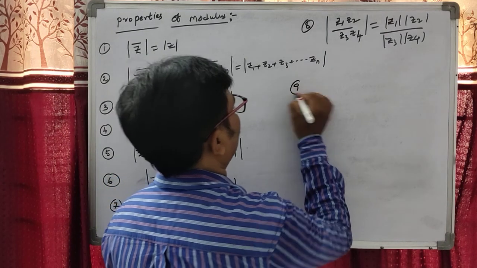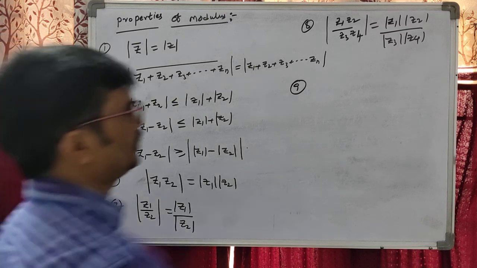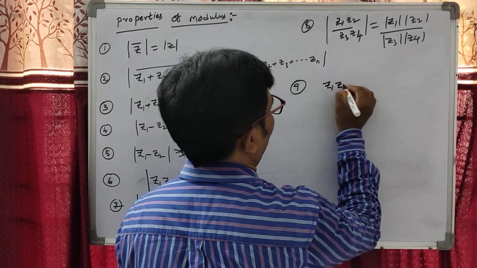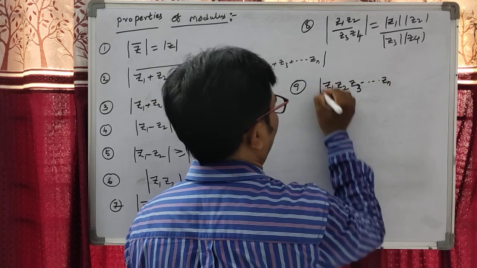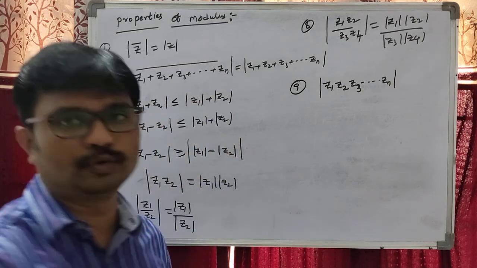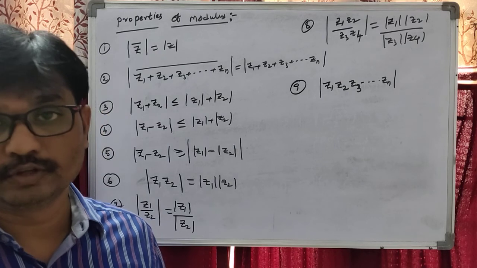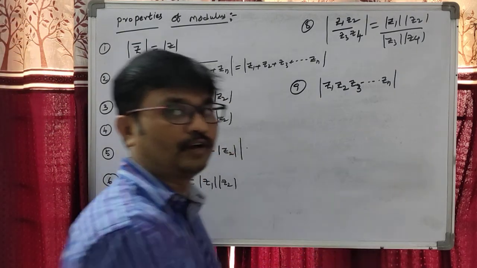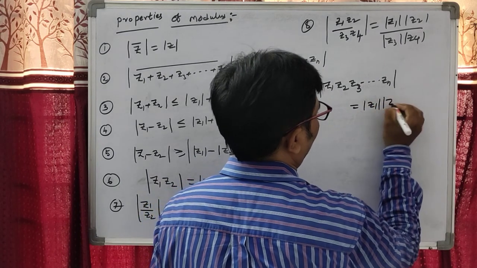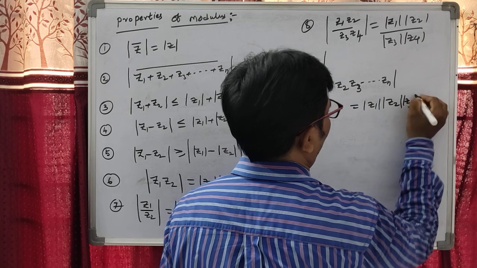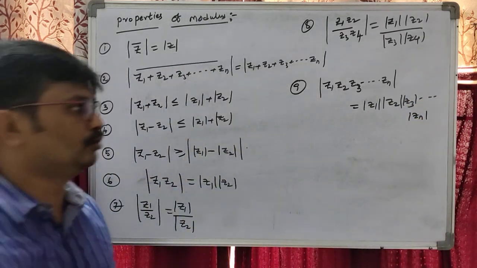My dear students, the ninth property is, what is it? The ninth property is the product also. Suppose, students, z1 z2 z3 and so many n factors are there. How to find the mod? It is very difficult to find the mod. So suppose n factors are there, how to find the product? In that case also we take |z1||z2||z3| and so on up to |zn|. This is a very useful property, students.